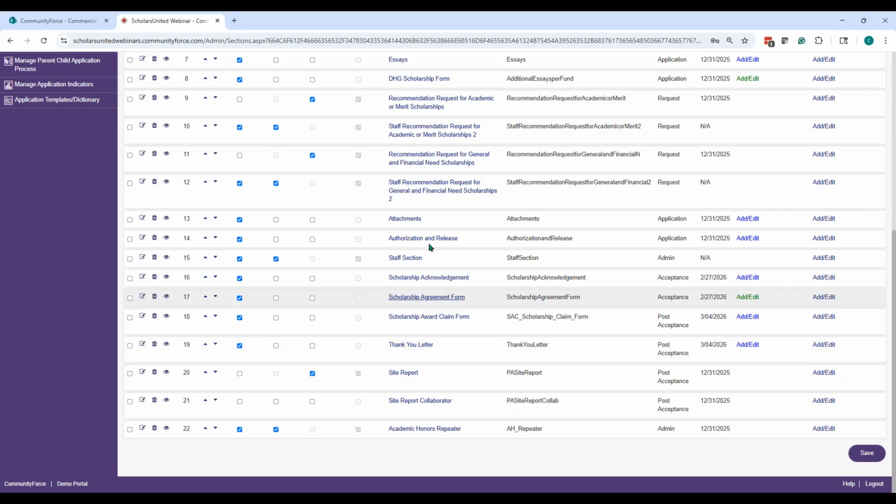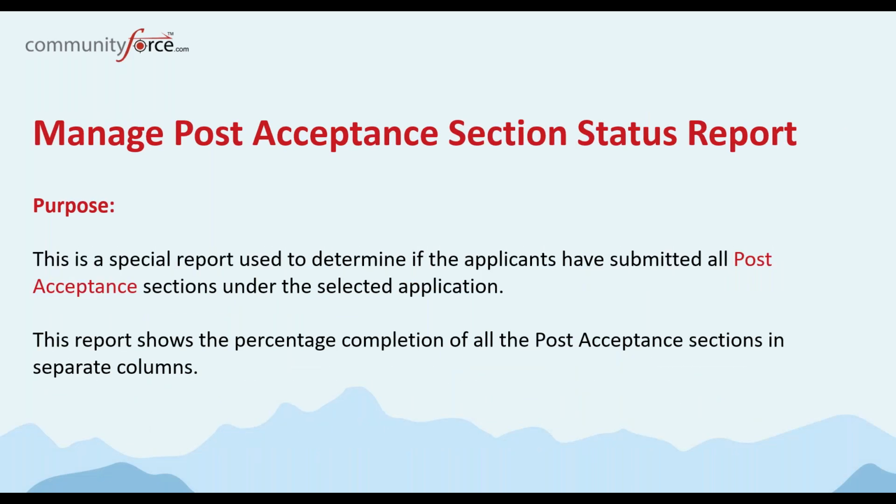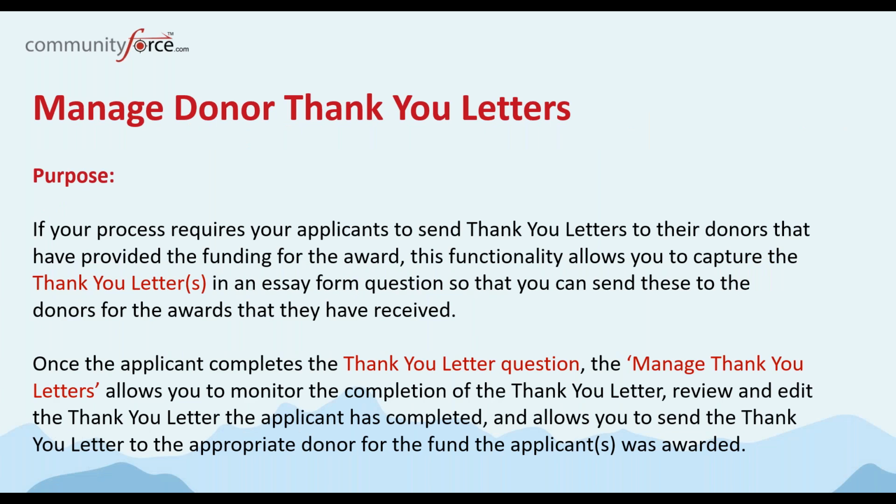Okay, now the final thing I want to talk about is our thank you letter functionality. We do have here with CommunityForce a specific functionality called Manage Donor Thank You Letters. There's a specific question type called thank you letter question type. When you use that question type to capture a thank you letter, it's an essay box question only.